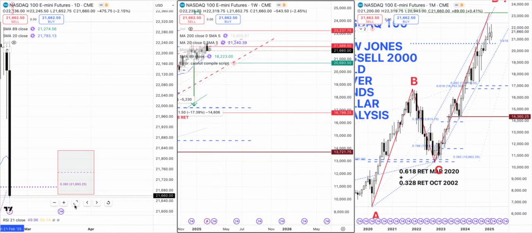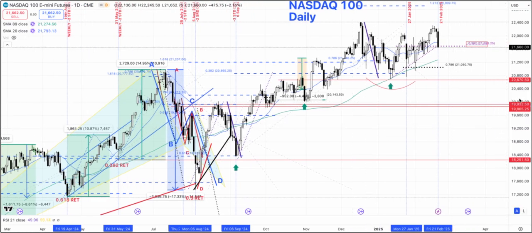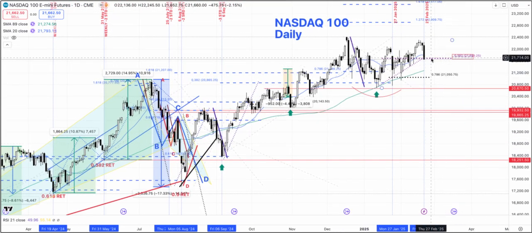And then let's take a look at this on the daily chart. Here we go on the futures as well. We can see we closed right at the 38.2% retracement. This is a move that we saw, which was about minus 2.75%. It lost 603 points, but there was just no follow through. The lows were never taken out to the downside. This move has been minus 475 points. And let's see if we get a follow through, similar to what we saw in the cash charts.